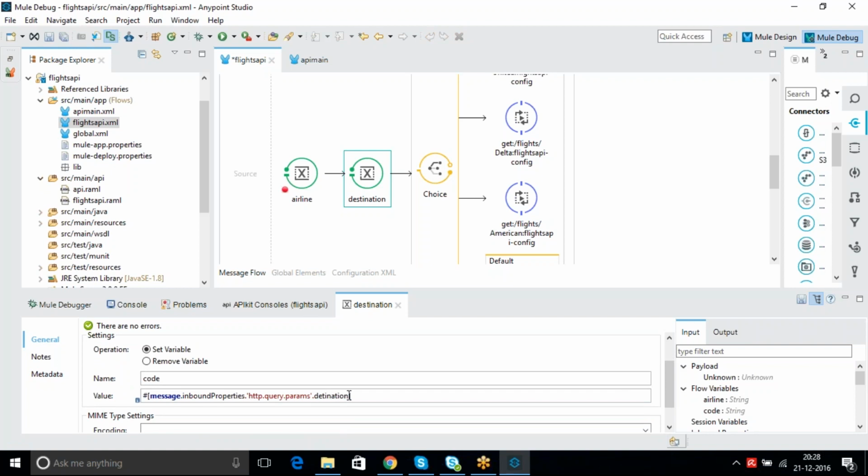Inside that you can write some condition like message inbound properties HTTP query parameter destination is equal to empty, then set it. Let me show you how it is. This is equal to, what is that?